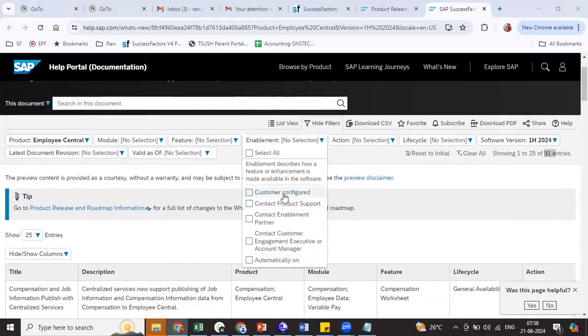You have customer configured, which is admin opt-in, contact product support. Okay, there are certain features which we need to check with SAP. If you want to use them, we may have to contact product support. Contact enablement partner is the provisioning opt-in. You need to consult your